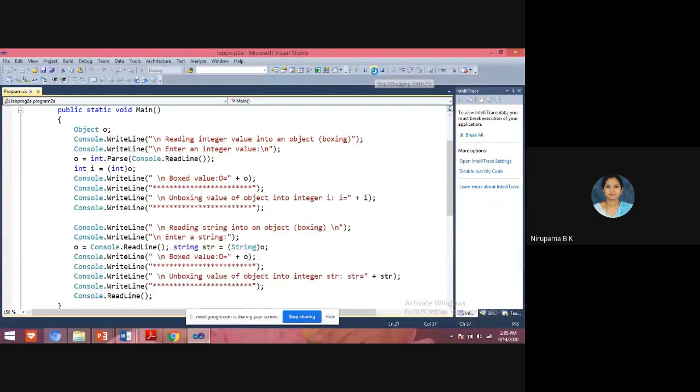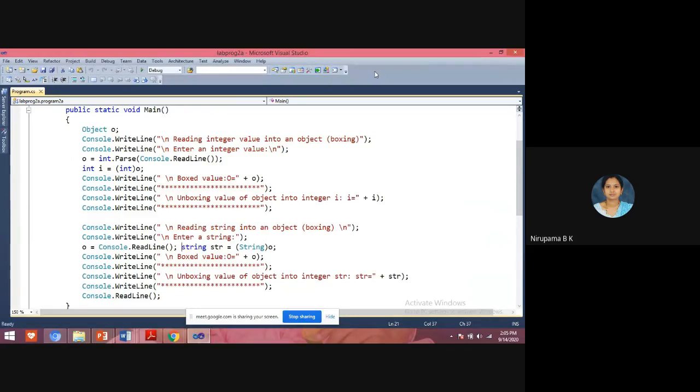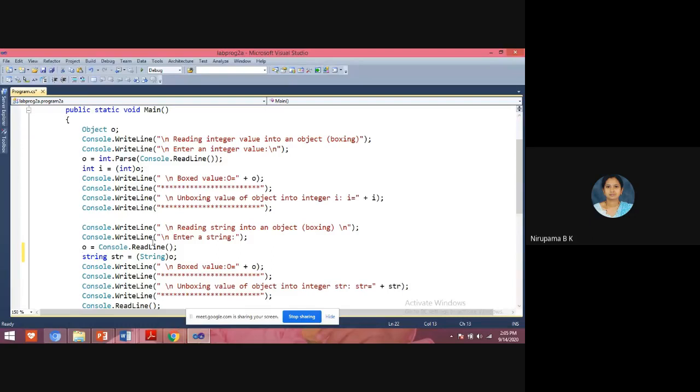If you click on stop debugging, the program will stop and come back to the code. So here I am taking a string, and that string is stored in the variable O. What is O? O is of type object.